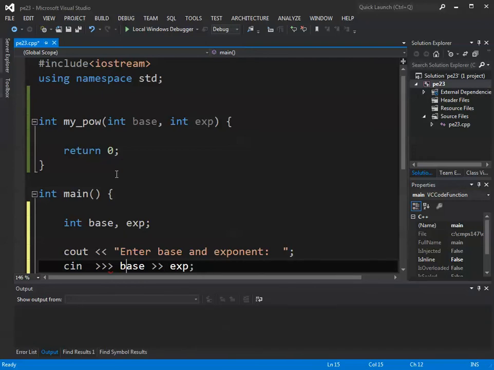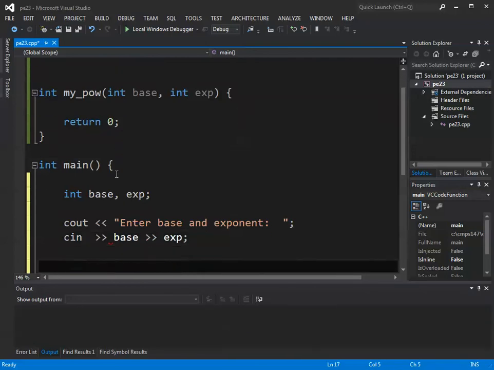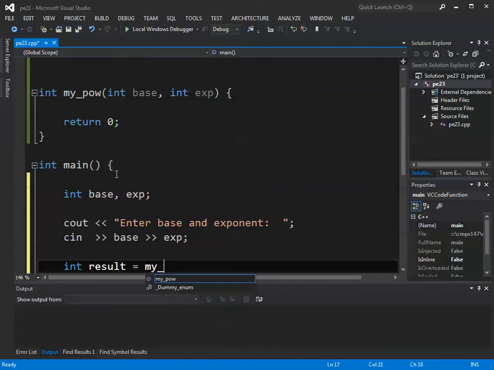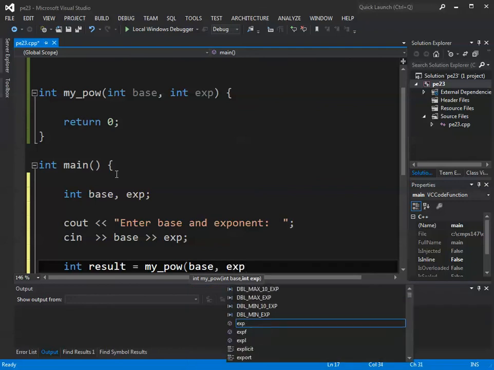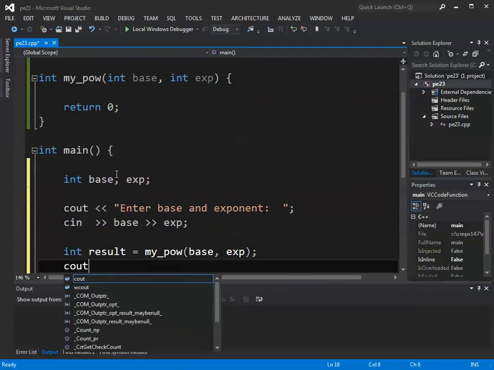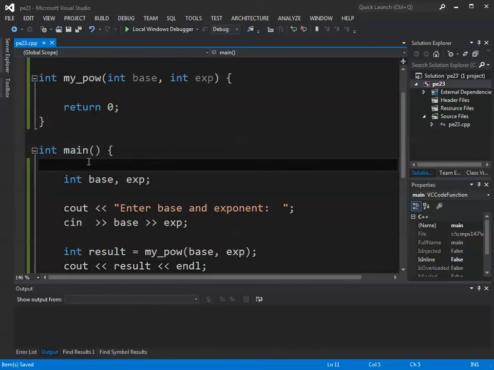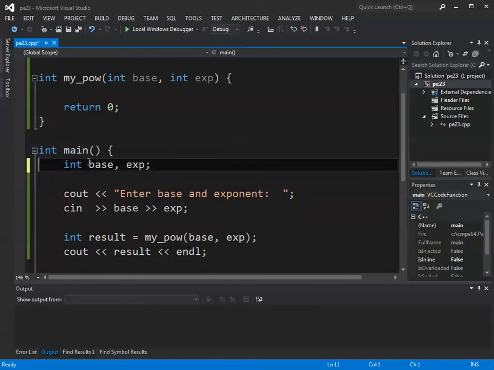Right, so I'll read in those 2 values from the user. And now I'm going to actually call it, maybe say result equals my power base exponent, and I'll cout the result. Okay, so that's how I'm going to use my power function,